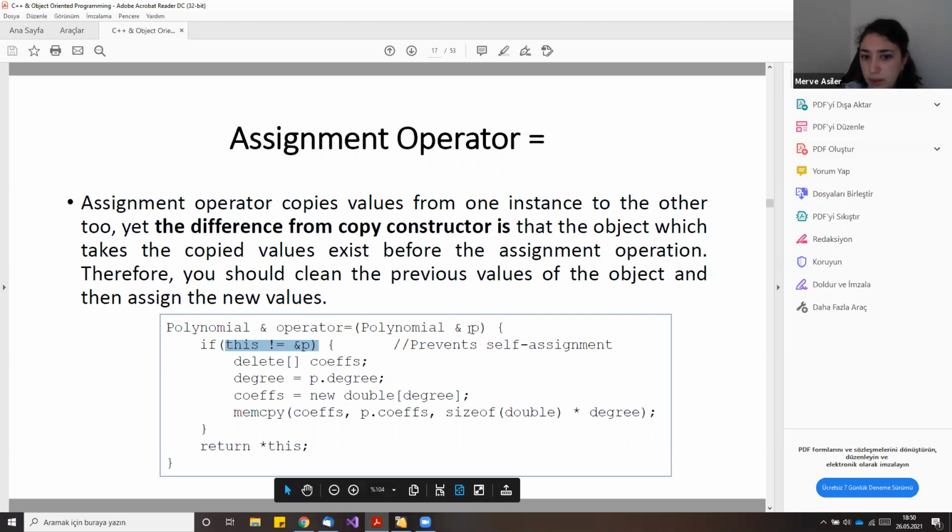Okay, this operator is equal to p object. If they are equal, then you do not have to do anything. You can just return the content of this pointer, okay? So I'm returning the content of this. But if they are not equal, then I have to copy. Now, how do I copy? Actually,